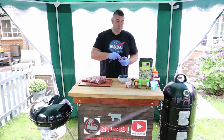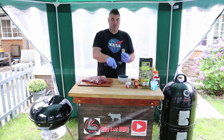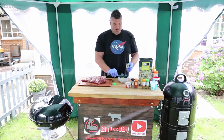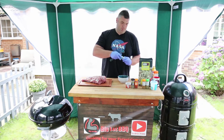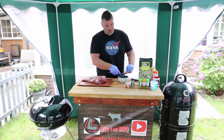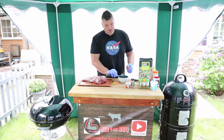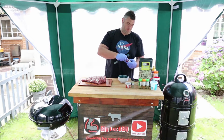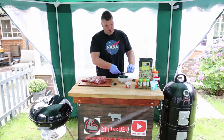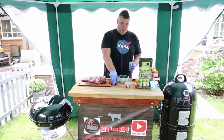or thereabouts. I love the smell of cumin. Again, lamb's best friend, some dried rosemary. Them classic barbecue flavours and colours, some smoked paprika. Can't barbecue without some coarse ground black pepper, so 1 tablespoon of that,